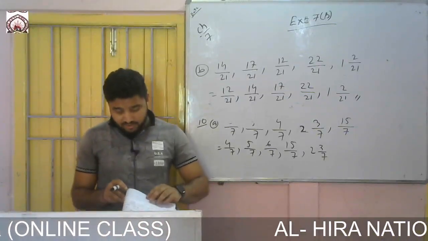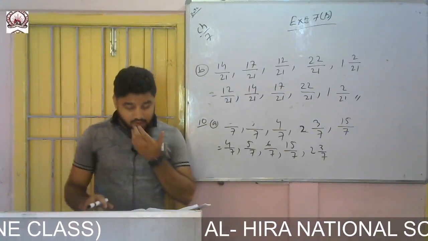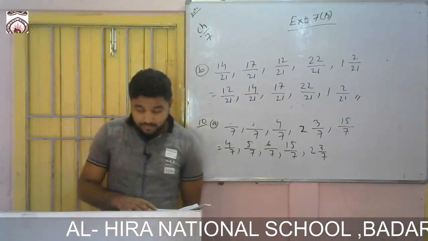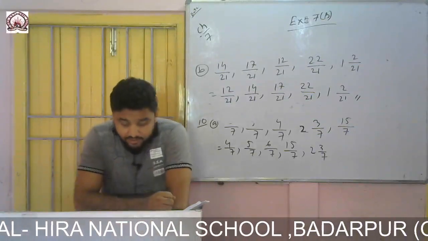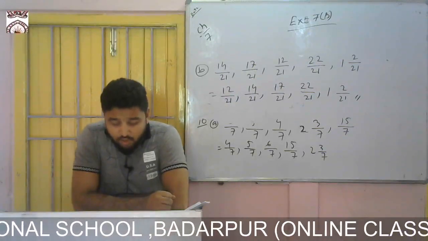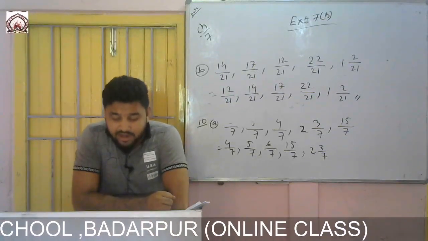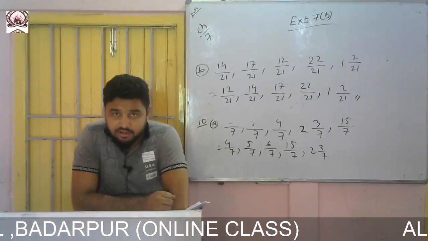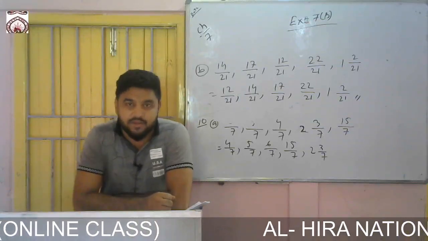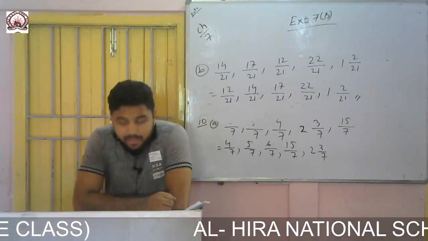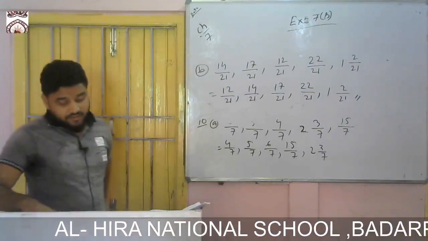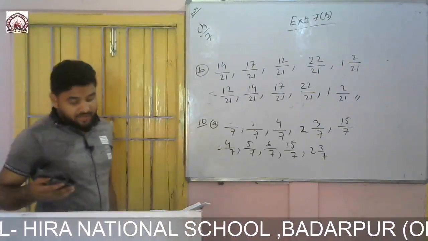Okay, so question number C you can do, the last one. Now arrange in descending order. But you see, in this case all the denominators are not equal, and all the numerators also are not equal. So in this case, by taking LCM, we shall make the denominators the same. Then we shall find the answer. So first you see question number 11.